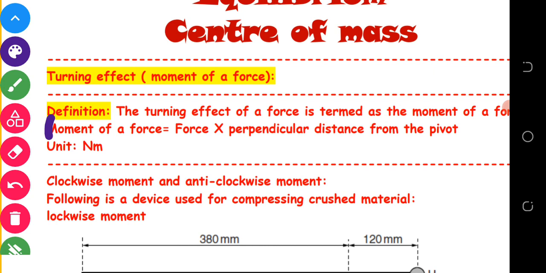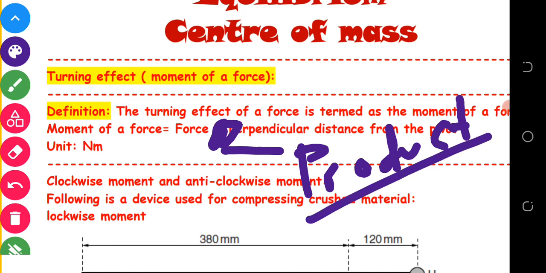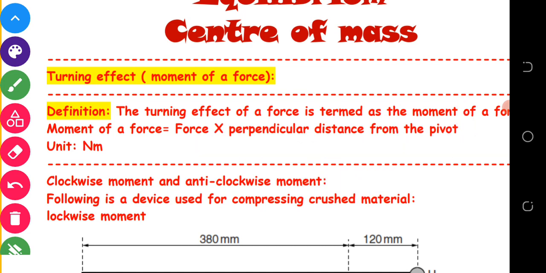Moment is equal to force times perpendicular distance from pivot. This times this multiplication, we just call it a product. So a moment is a product of a force and the perpendicular distance from the pivot of action of that